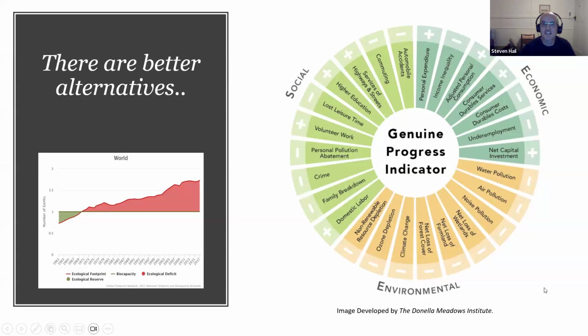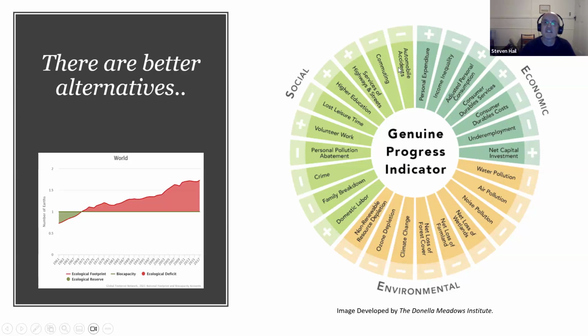Now, the genuine progress indicator has a lot of theoretical validity to back it up. It is expressed in dollars the way GDP is, but there are good reasons why it doesn't have real GDP and the economic factors influencing well-being, but instead has personal expenditures adjusted for consumer durable spending and inequality and underemployment. And there are good reasons why